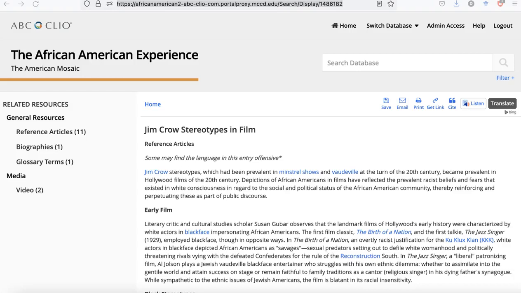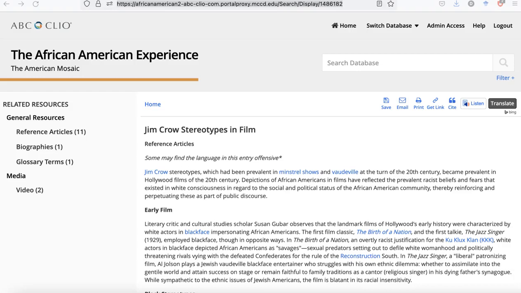Even though this reference entry doesn't mention any of the films in Professor Freese's essay prompt, what it's going to help me do is give context to perhaps the examples that I select from films that I'm interested in. So just know that a source doesn't have to actually talk about your films in order for it to be useful. You yourself are going to be pulling out the examples.